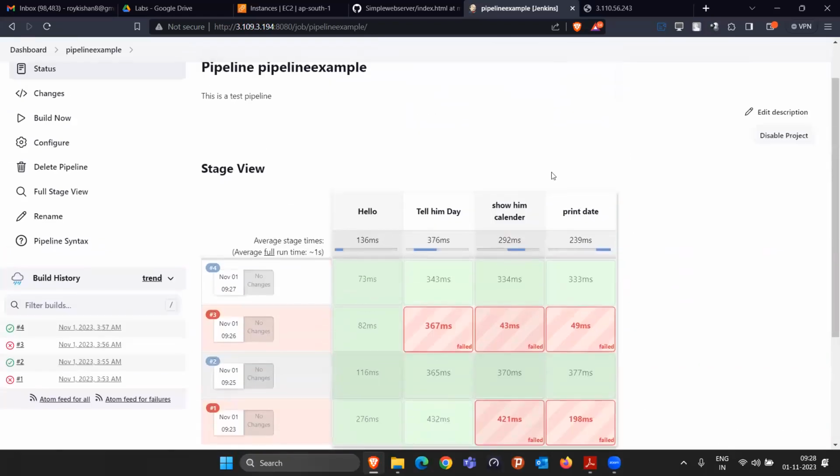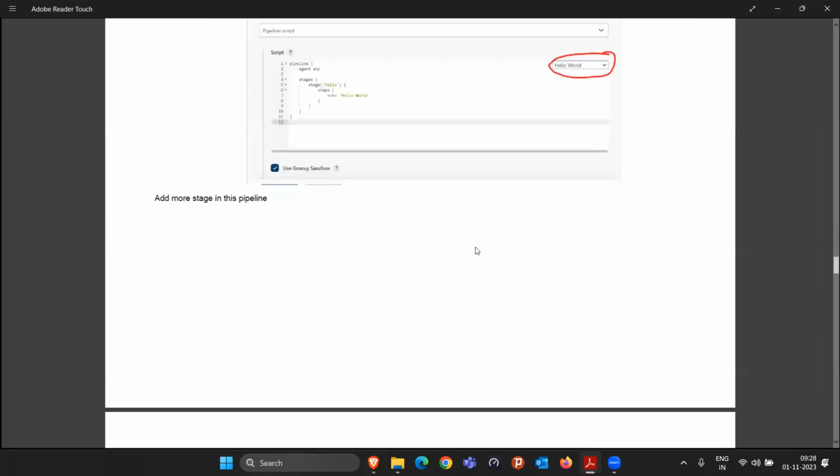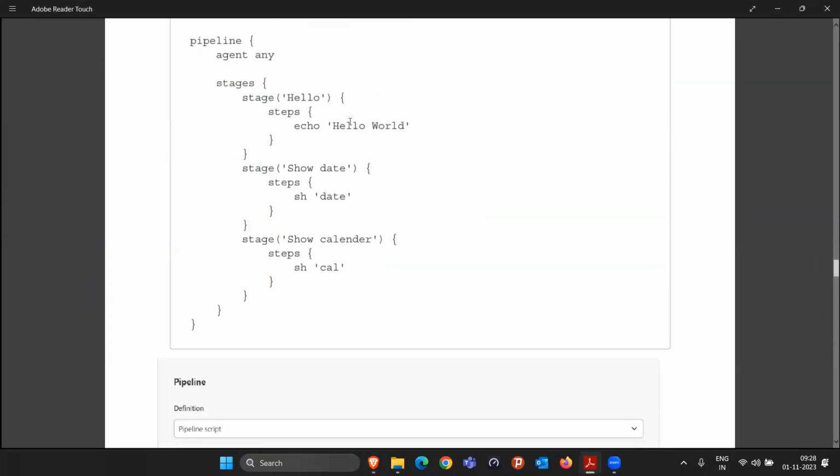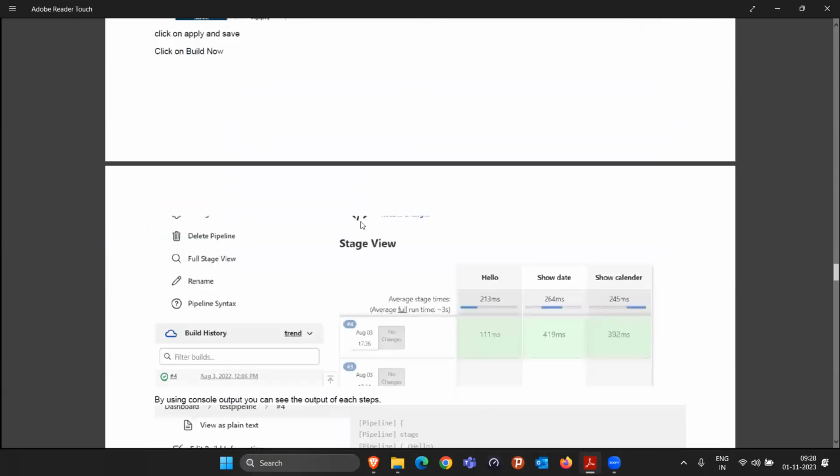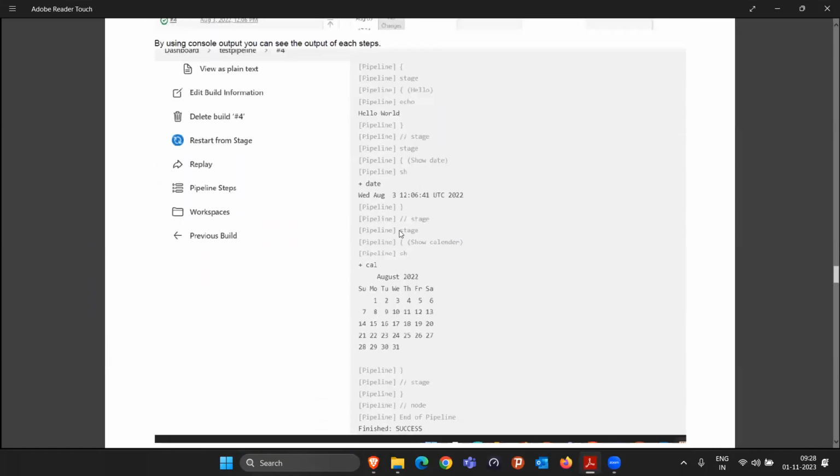Where you are seeing all the things. They're telling what time they took to run each command, that way. So this type of thing you can write. Like this way, I gave the example. Make sure you are writing it in the single code like that way, so it will work. And